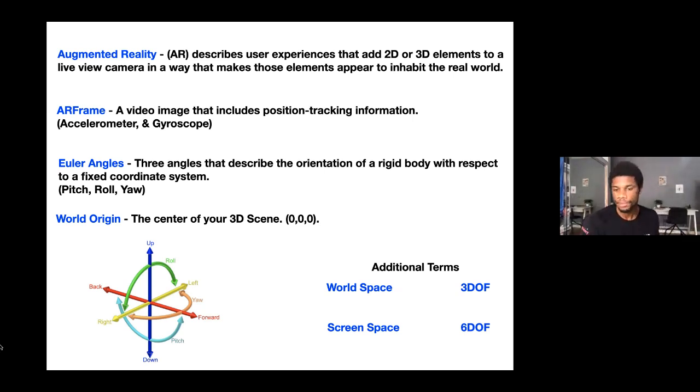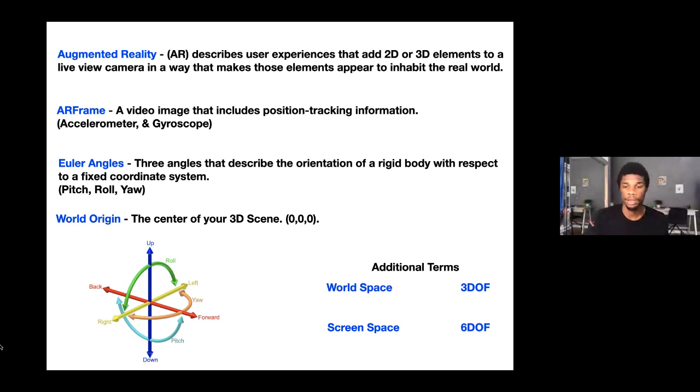Some additional terms worth noting: world space. This is the space inside of the application. So this is that digital world. Screen space. This is the space on your screen. So think the app where the buttons go. This is like a traditional app like Instagram or something like that. This is an overlay of buttons overlaid on that video frame, that world space. So you have your screen space on top of your world space, and you're using that screen space to interact